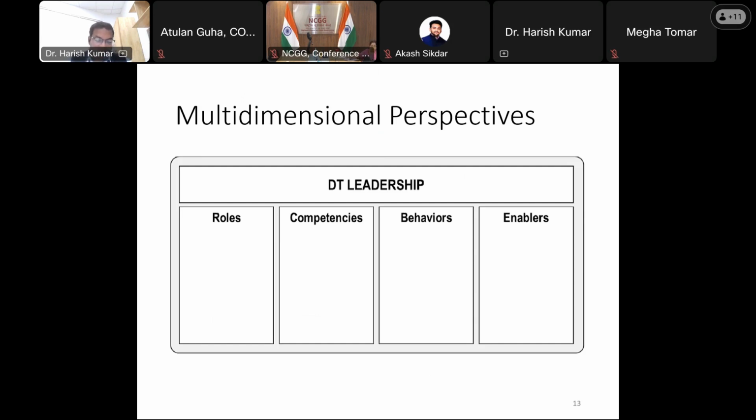Finally, strategic thinkers, those who can help us in digital vision and strategic planning, right? If we talk about this second perspective of digital transformation leadership as a competency, that is aligning government goals with societal wealth and sustainable growth. Please remember, aligning all the government goals with sustainable growth and societal wealth.